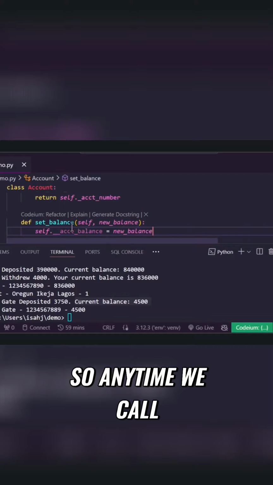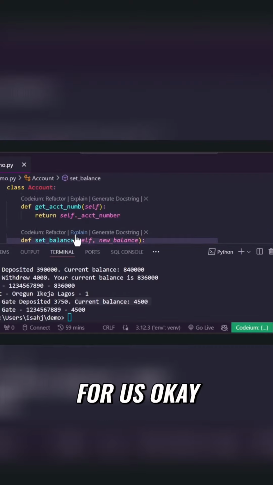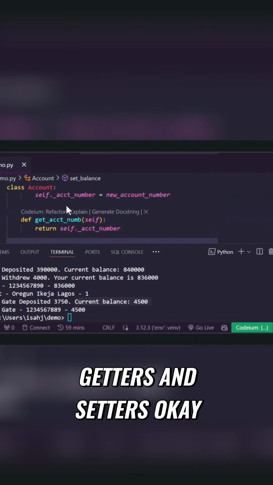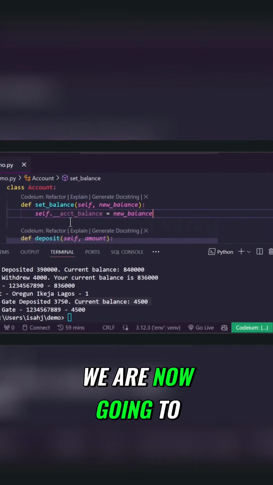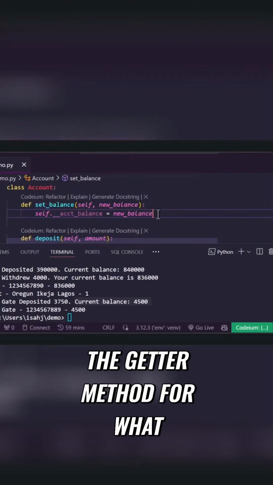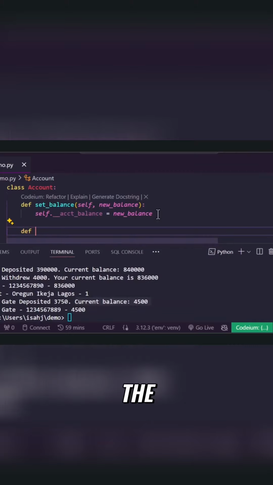All right, so anytime we call this method, it's going to get access to this and return it for us. So we now have the setter, and we are now going to create the getter method for the balance. So def get